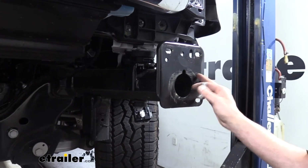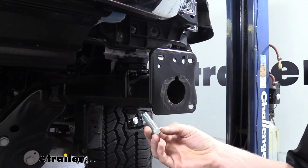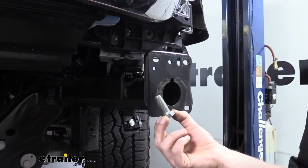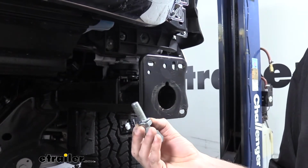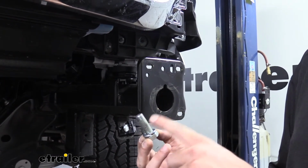We're now going to lift our tow bar in place and put the hardware in. This is the hardware we're going to be using. This is the 14mm bolt that comes with the kit. Slide a lock washer on it, and then we're going to apply Loctite to this bolt and every bolt going